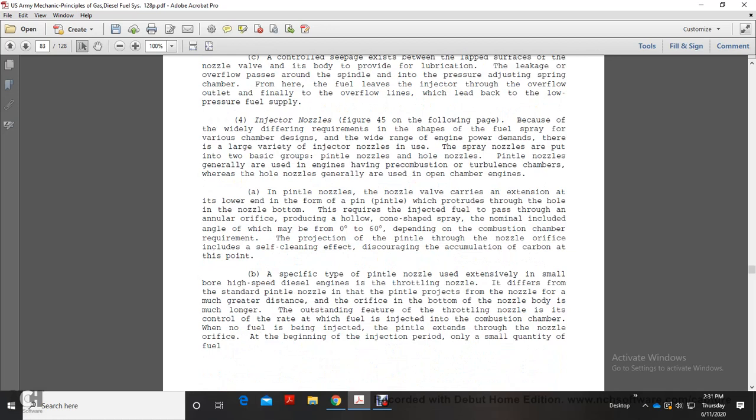Because of the widely different requirements of the shape of the fuel spray with the various chamber designs and the wide range of engine power demands, there are a large variety of injector nozzles in use. Spray nozzles are put into two basic categories: pintle nozzles and hole nozzles. Pintle nozzles are generally used for engines having pre-combustion turbulence chambers, whereas hole nozzles are generally for open